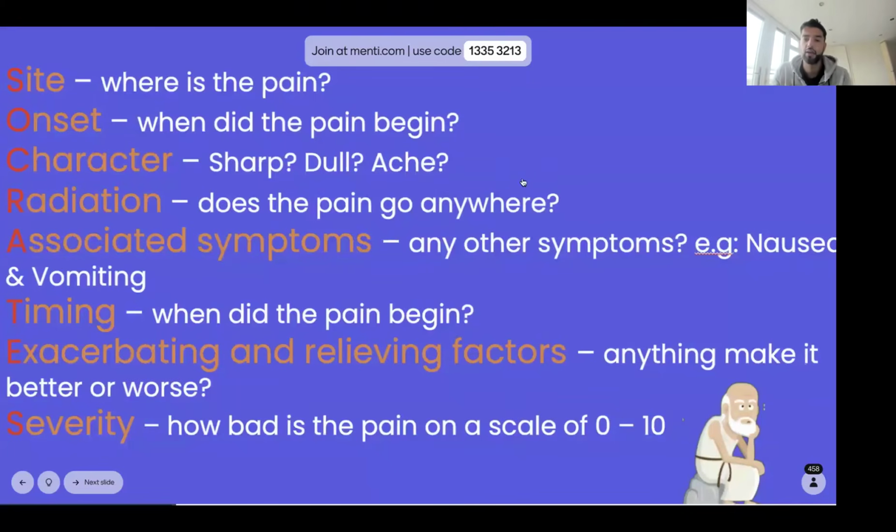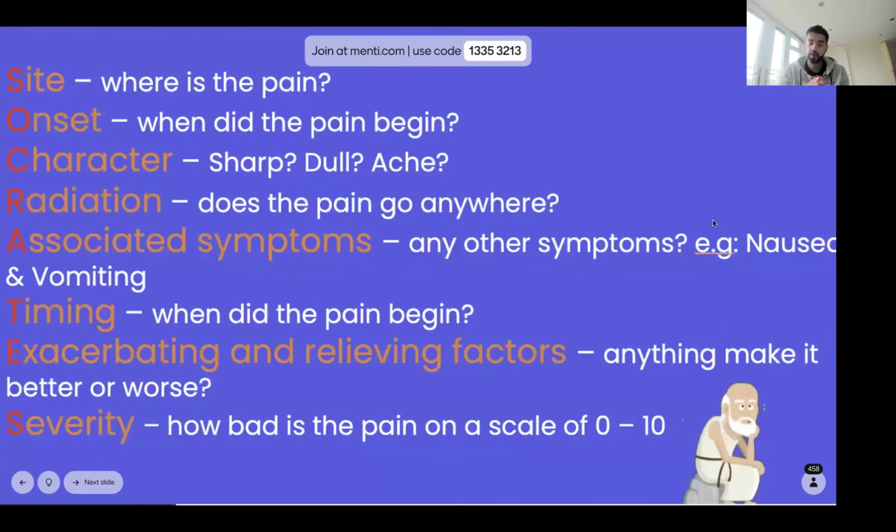So thinking about all of these things, a few people in the chat are asking the difference between onset and timing. So onset is about when the pain started and how it started. So for example, was there something in particular that they were doing and they suddenly felt the pain? Or did it come on more gradually over a period of days or weeks? So specifically about how and when the pain started,